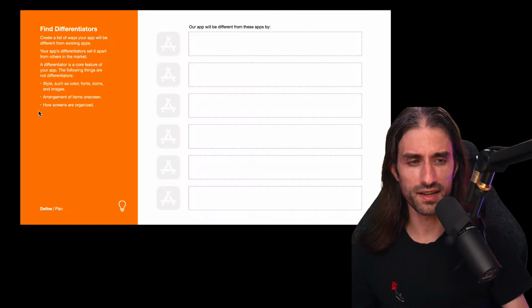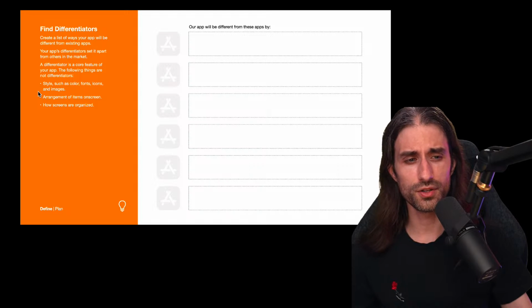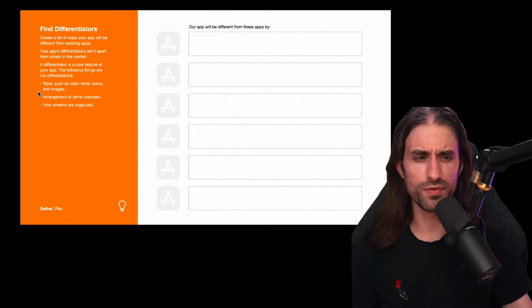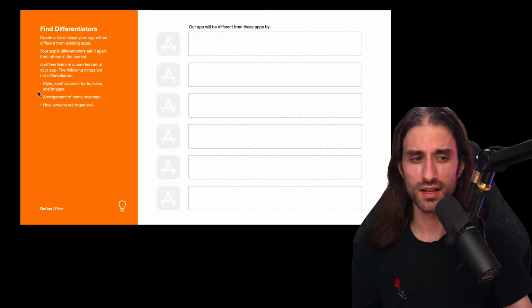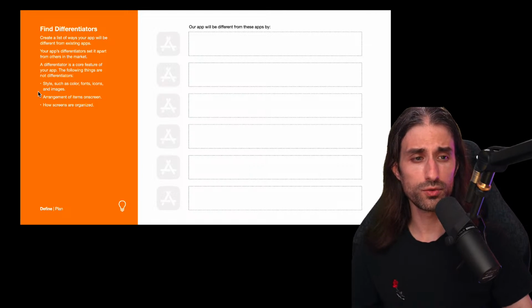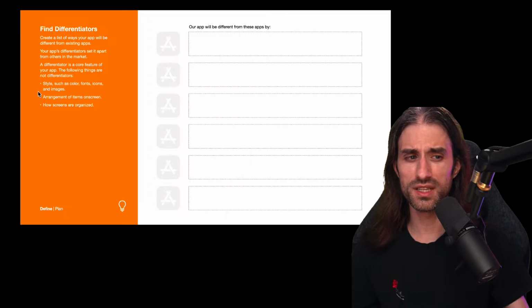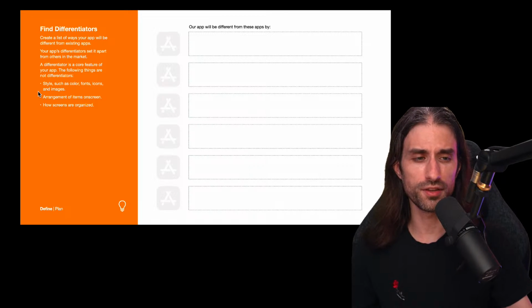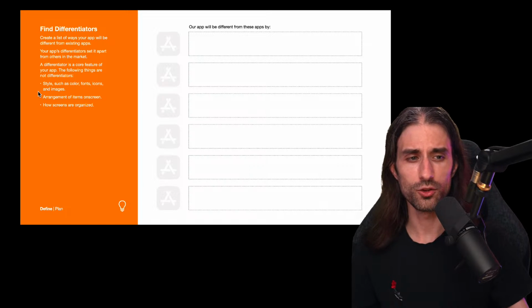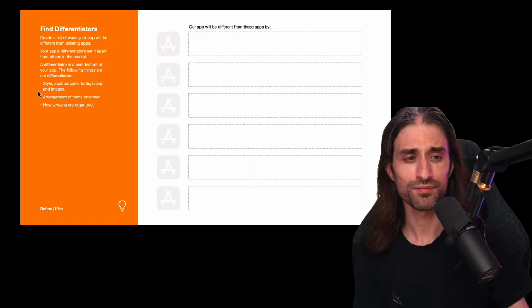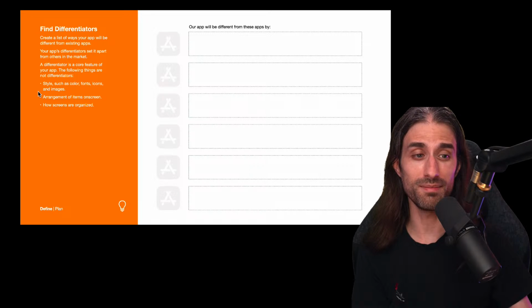And I think here what they want to do is avoid the trap of thinking, oh, I will do the same thing with a different design and it will feel different, which often is not the case. When people are already using a product, they have no reason to switch to another product. Usually the saying is that when you want people to switch from an existing product to your product, you either need to do something completely different or you need to do 10 times better. And it's way easier most of the time to do something completely different than to do 10 times better. Doing 10 times better is often quite hard, not to say maybe even impossible in many situations.